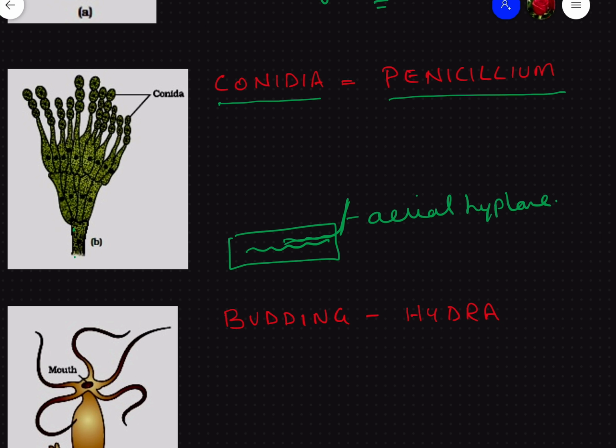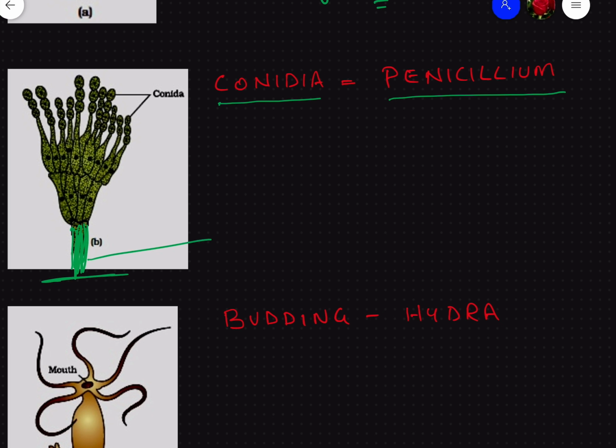Now this aerial hyphae will divide to form cylindrical structures called sterigma, and this sterigma will further divide repeatedly by mitosis to form these spores called conidia. So conidia are the spore-like structures produced by the aerial hyphae. In this image, they are showing the aerial hyphae part, which has grown in an upward direction from the substrate. This aerial hyphae is called